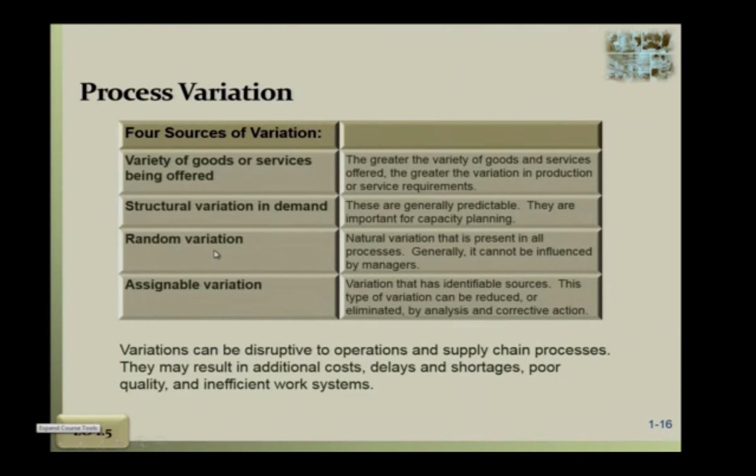So there are variations. Variation factors in basically anything we do, any product we make, they're all different. So there is a variety of goods or services being offered. As you see, many auto companies try to have all different types of automobiles. That way, if a person is, let's say, a Lexus customer and they always buy Lexus, then they have the full range of different products to choose from. The same thing goes with Ford and GM and Toyota.